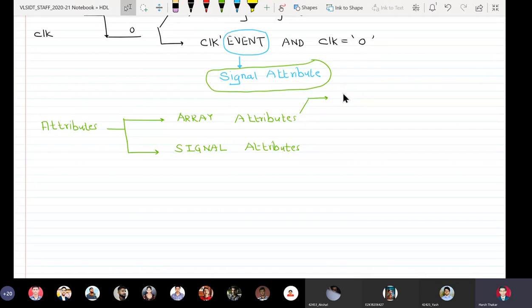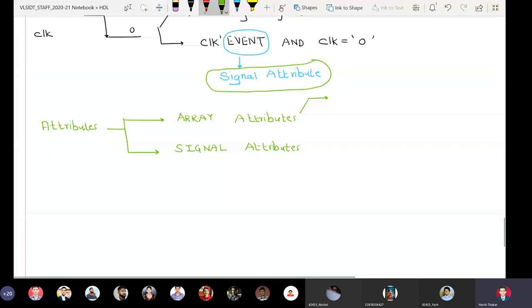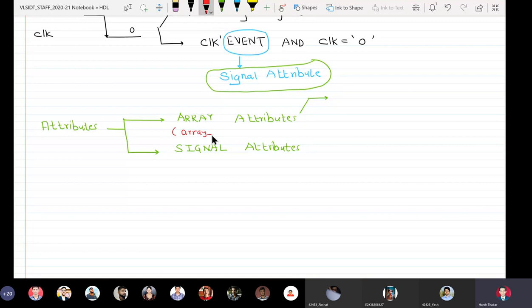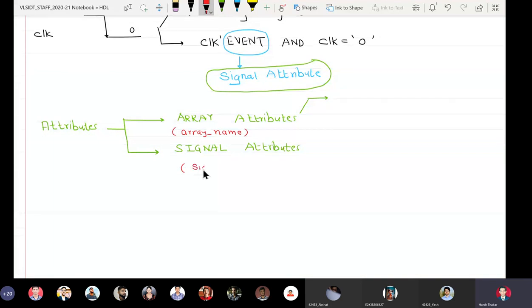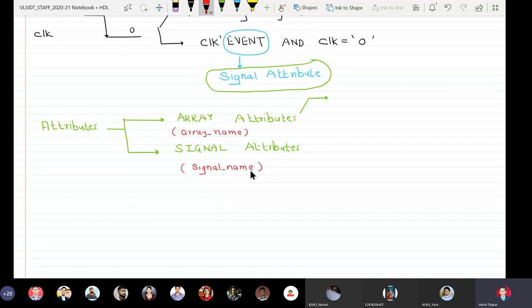Suppose there is an array whose name is array_name, and there is a signal whose name is signal_name. Signal_name is the name of the signal we are going to use to explain the different attributes, and array_name is an arbitrary assumed name of the array. So we always write like this: